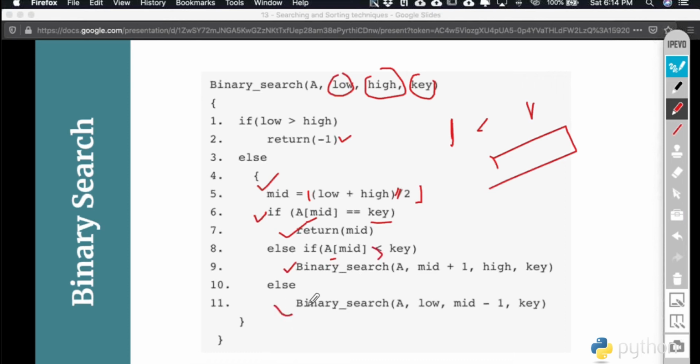So that's how we can make a recursive call of this. This is your main function, and here we are making a recursive call. So this is a recursive version of binary search, where we can achieve the binary search paradigm to find an item in a given list. I hope this is clear.